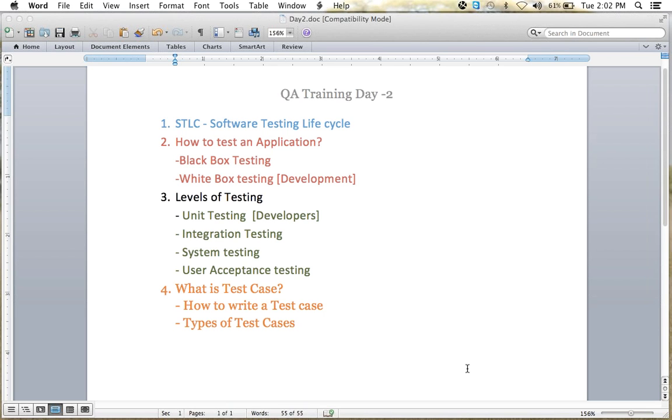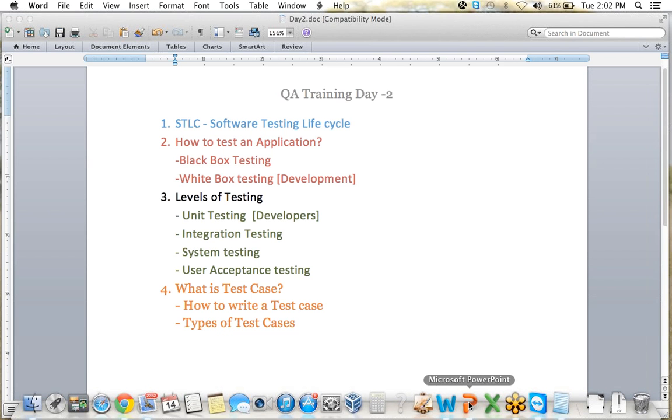Okay, so today let's see what a software testing life cycle is. Yesterday in STLC we saw different phases like requirements gathering, analysis, design, coding, testing, and maintenance, right? The fifth phase of the development life cycle is our testing life cycle. For our testing process also we follow a particular process, which is called the software testing life cycle. So what are the different phases involved in it? We'll see now.